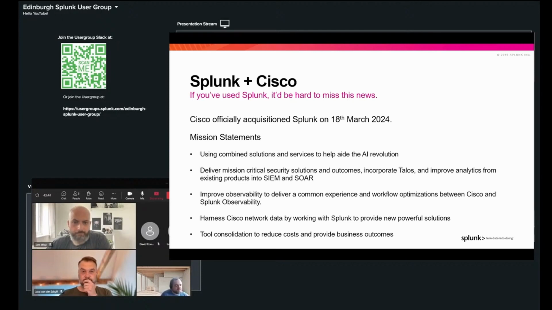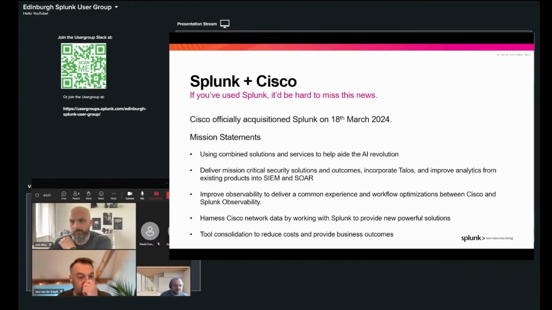Improve observability to deliver a common experience and workflow optimizations. This is pretty much using Cisco's networking tools to integrate into Splunk, and maybe adding some of that Splunk flavor into the Cisco tool sets.